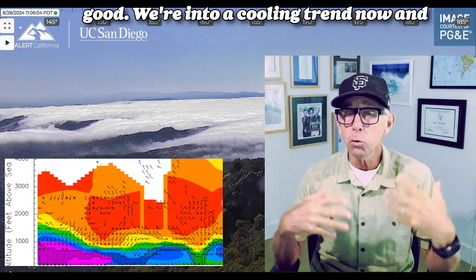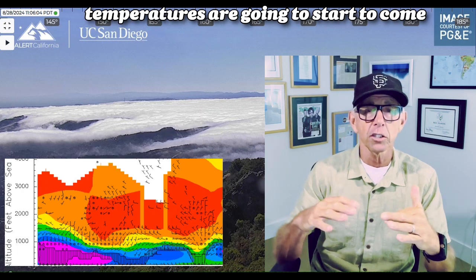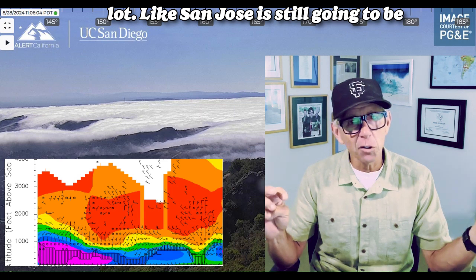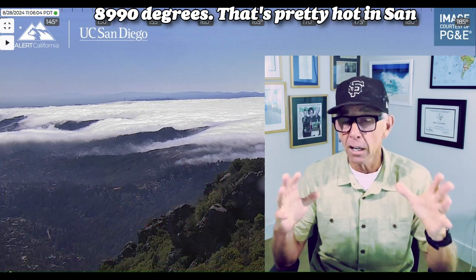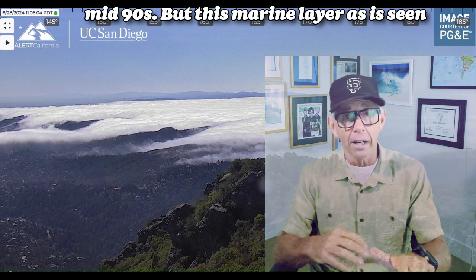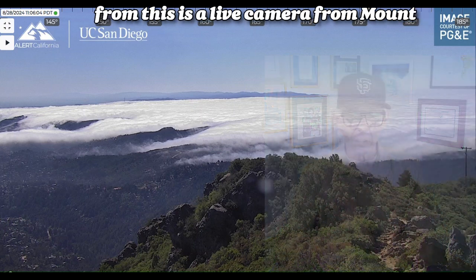Weather looks pretty good. We're into a cooling trend now, and temperatures are going to start to come down. You'll notice it today, but not a lot. Like San Jose is still going to be 89, 90 degrees. That's pretty hot in San Jose. Inland valleys today will be in the mid-90s, but this marine layer, as is seen from, this is a live